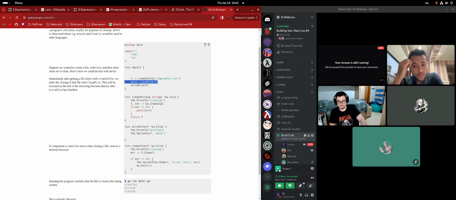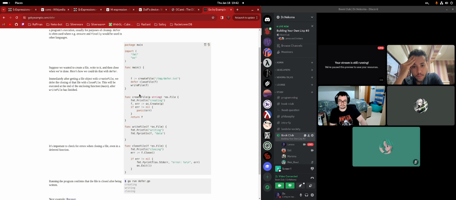You don't want to close the file until you're done doing the things that you wanna do with the file, right? You may actually need the file in the cleanup for other stuff before you return.